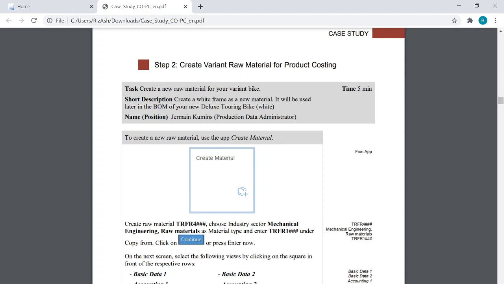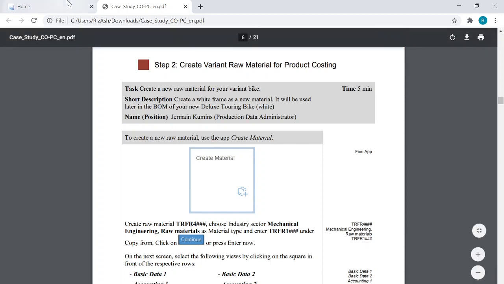But this time, if you find it in PO, you will not get into a purchase order until and unless you create a material in a material master. So first step is we need to add this material in a material master. In order to do that, we are creating a white frame. For this we will do it easily: we will just open the black frame data, and then we can simply convert the details into white frame, because all other things are same except for the color.